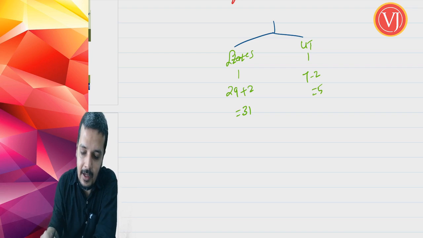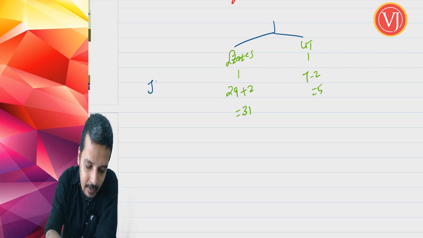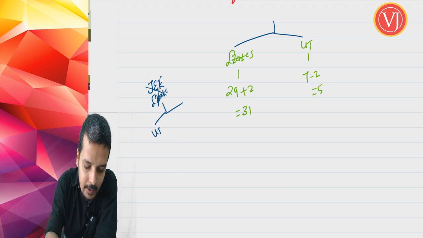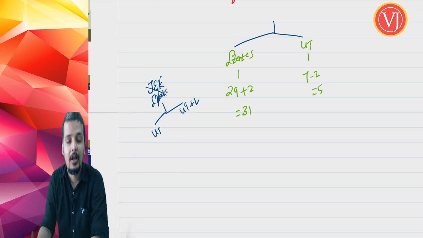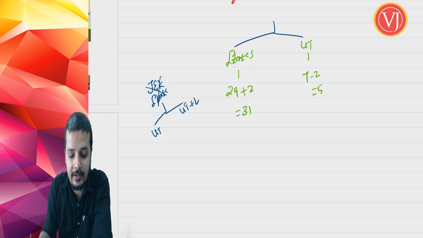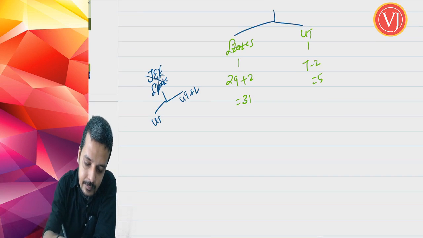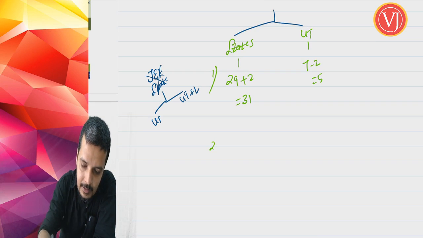Now assume that Jammu and Kashmir, which is no more a state, is divided into 2. Right, one is a normal union territory, one is a union territory with legislature. So you are talking about Jammu and Ladakh. One is a normal union territory without legislature, one is a union territory with legislature. What will happen? What will be the end result? After change, what will be the end result?